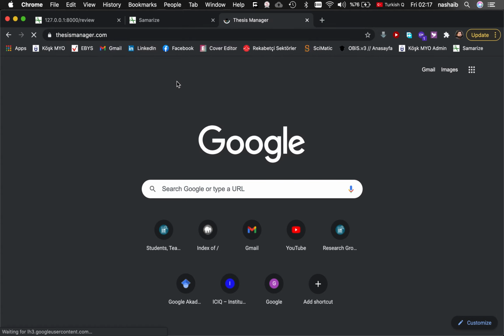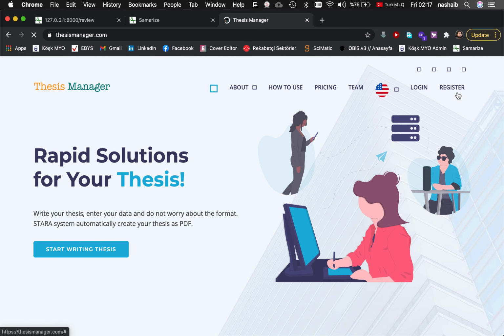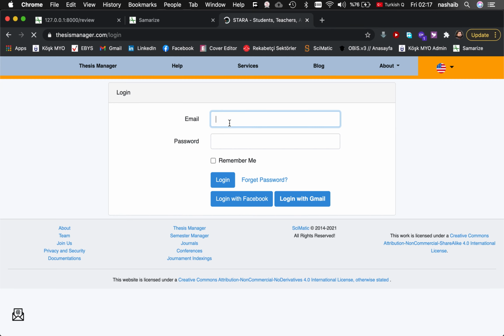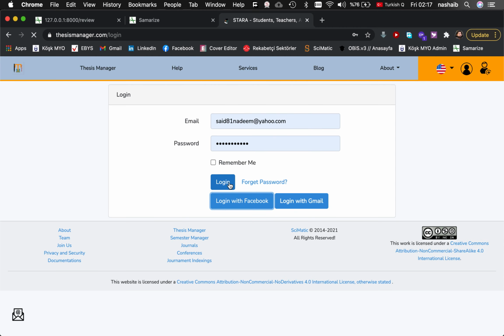Open Thesis Manager in Chrome. Normally we suggest using Chrome as a browser for your thesis. So let me log in. We log in with Facebook, or